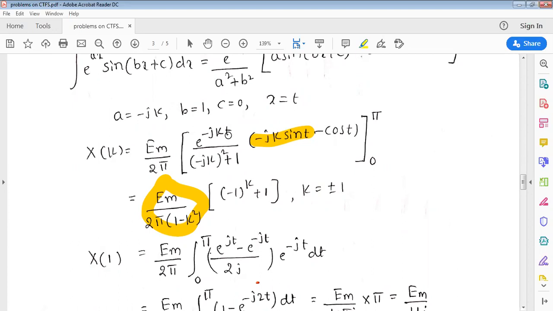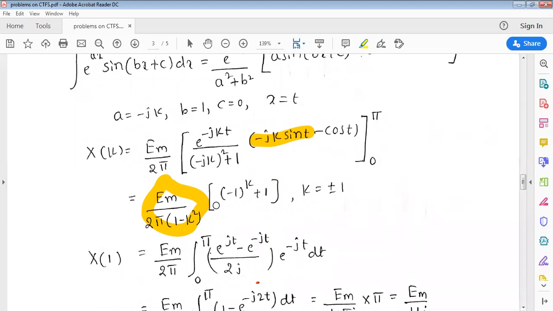Let us look into whatever happens here. When you give π here, cos of πk minus sin of πk. sin of πk is always 0, because sin of π times an integer is always 0. So I have written (−1)^k. And minus this one, it will become cos 0. cos 0 is 1. So the total will become (−1)^k plus 1. Okay, so this is the total answer.